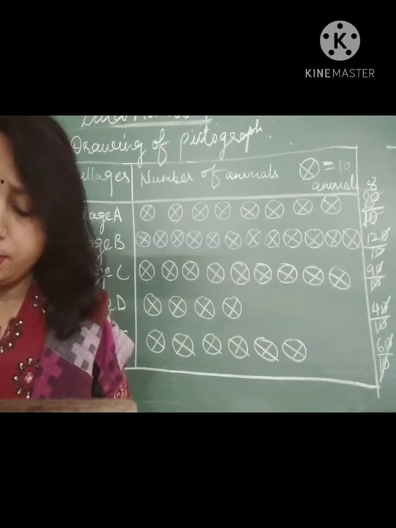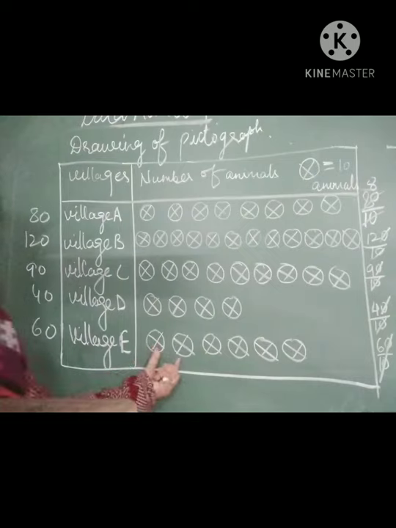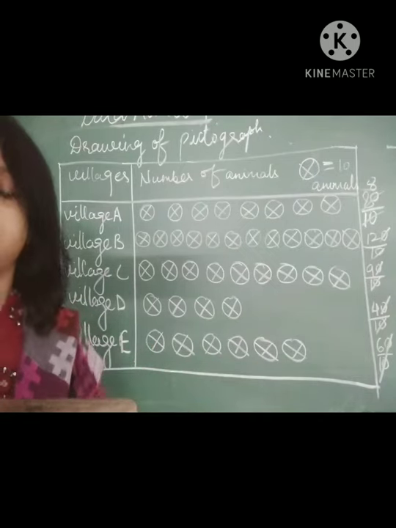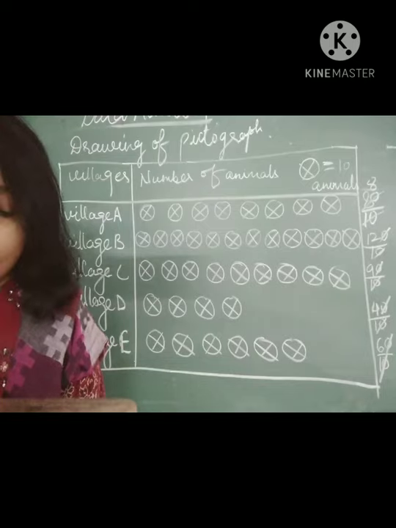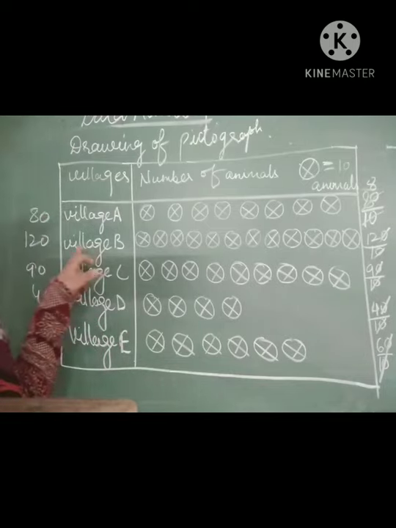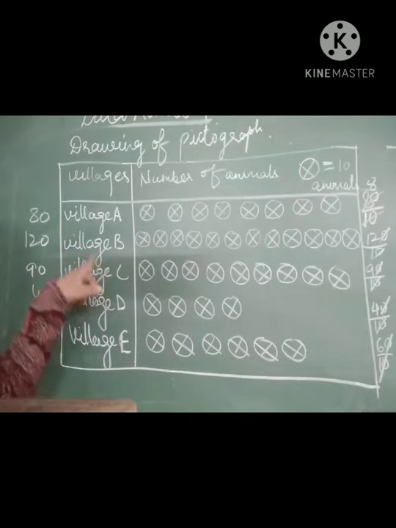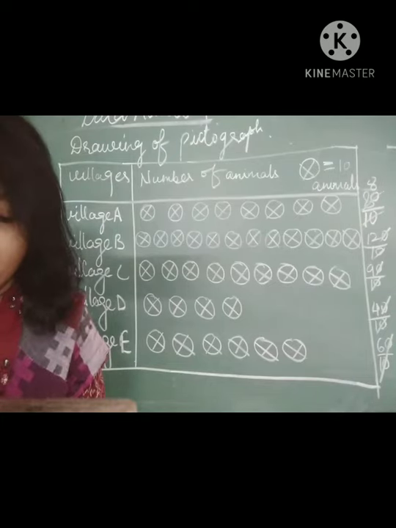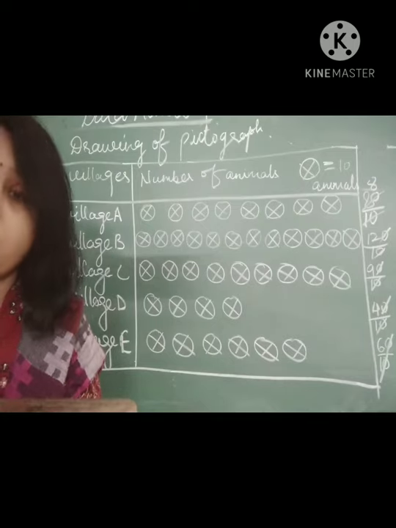How many symbols represent animals of village E? How many symbols? 1, 2, 3, 4, 5, 6. 6 symbols represent the animals of village E. Which village has the maximum number of animals? We can see that village B has the maximum number of animals, 120. Which village has more animals, either village A or village